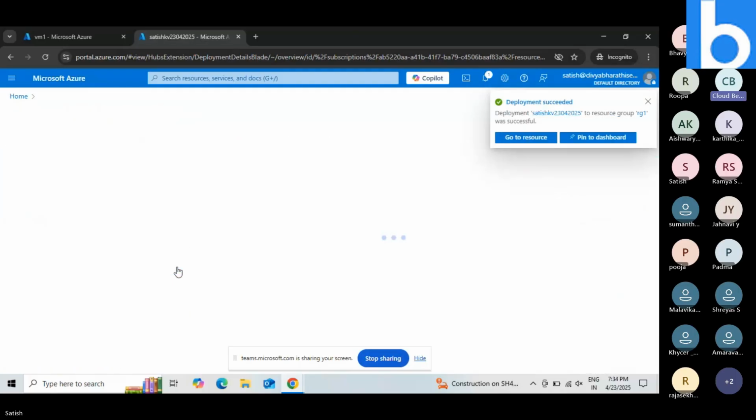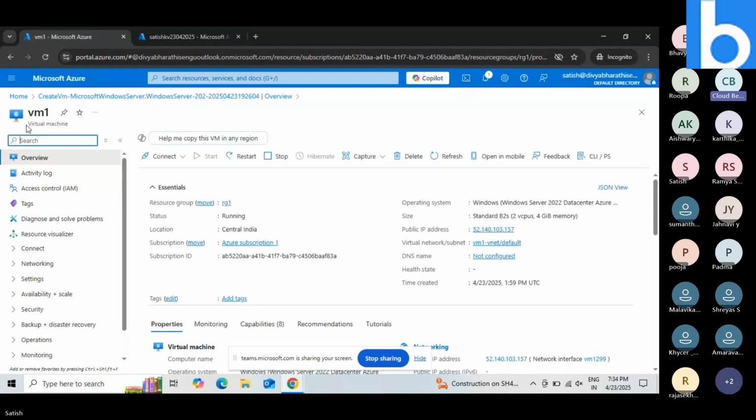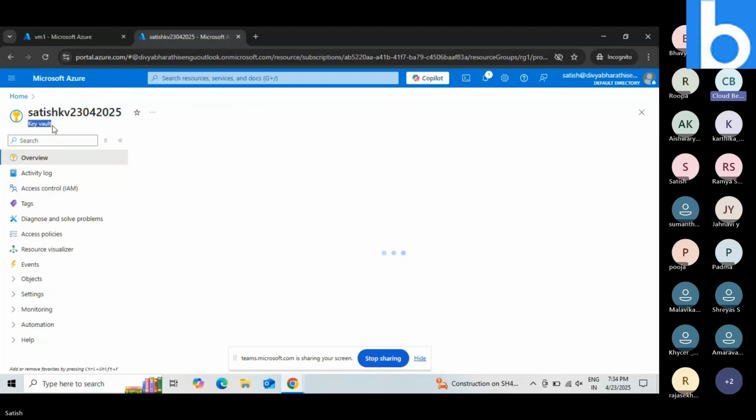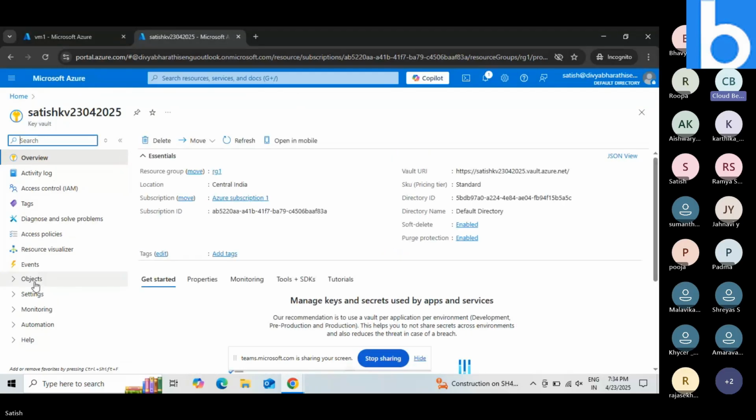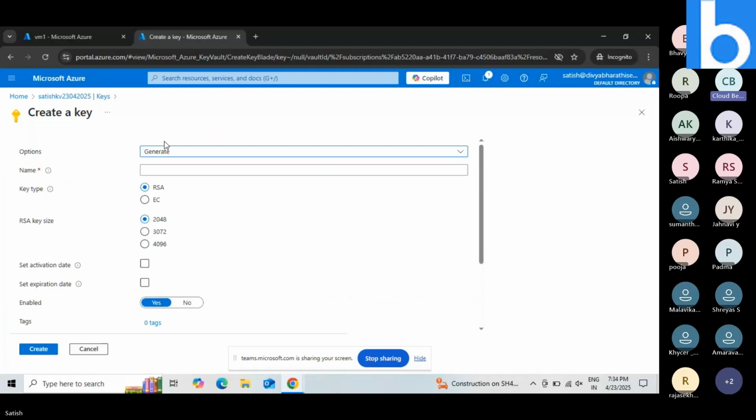Okay, my key vault is also done. So my key vault is ready, and my virtual machine is also ready. So two things are done. Inside my key vault, I need to create my key. Correct. So you can expand the object and click on keys and click on generate, and